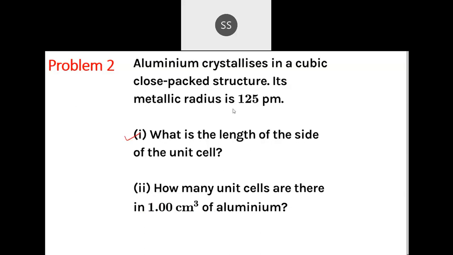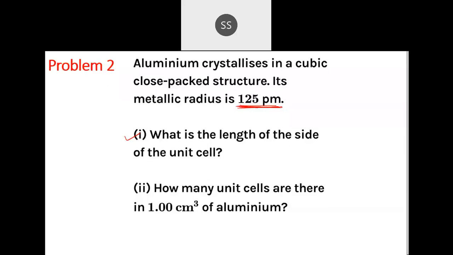You copy down the question first. So the first part you can work out now, students. The R value is given to you. R is 125 picometer. Let it be that itself; you do not convert into some other unit. Later I will tell you if it is required. To calculate the edge length, you can keep the same unit unless they ask you in terms of some other dimension. So here let it be in picometer.